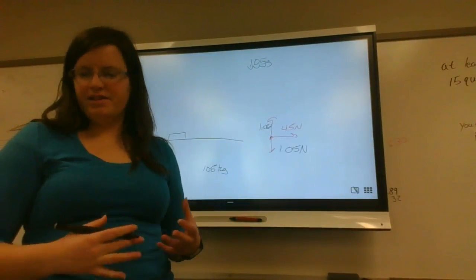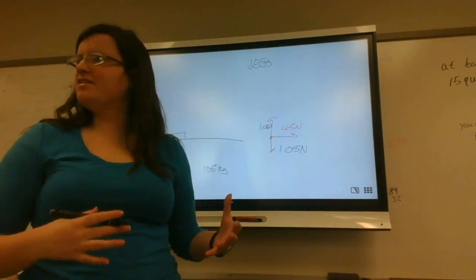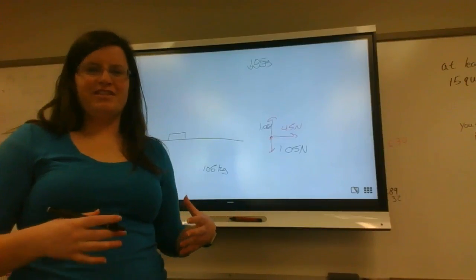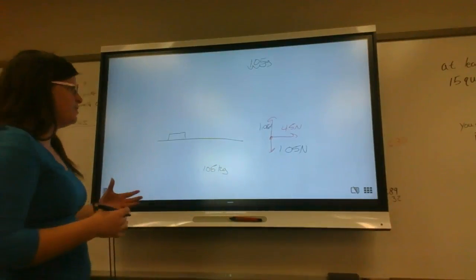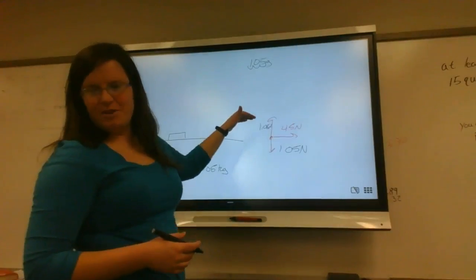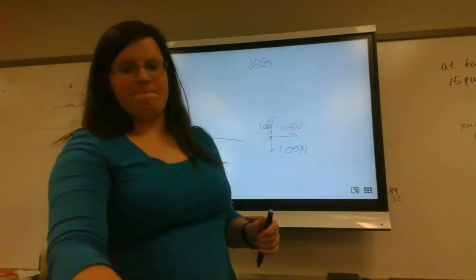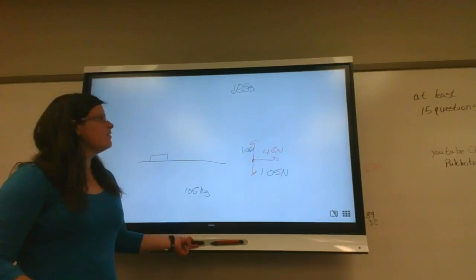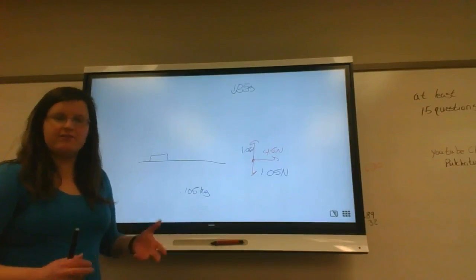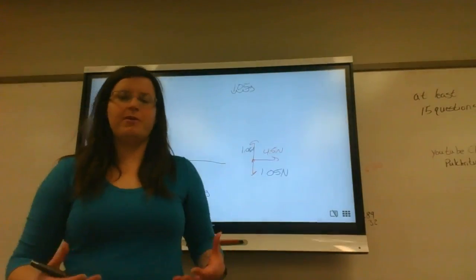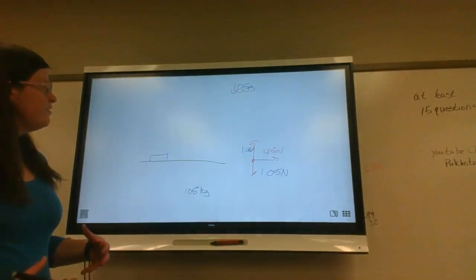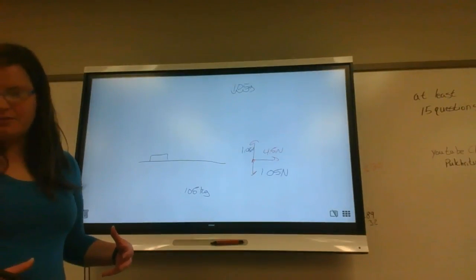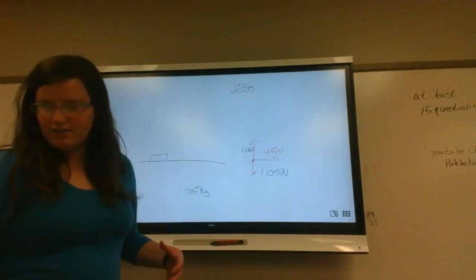So that is our basic free body diagram, and it's on ice because it's a frictionless surface. So we don't have to worry about any force opposing this motion. So we have all of the information we need to complete the problem now, because we want to know